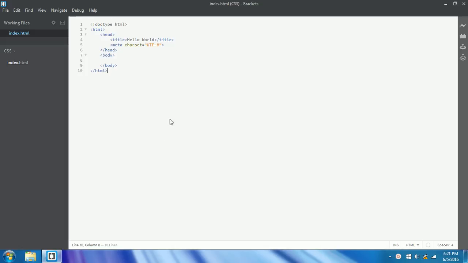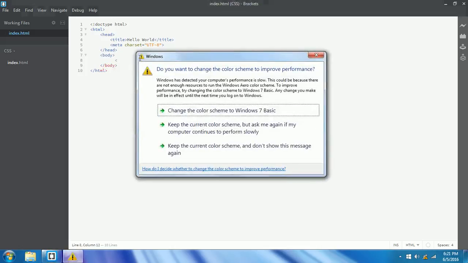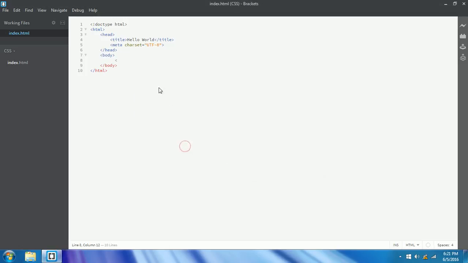So what is CSS? The expansion of CSS is Cascading Style Sheets, which will help us to apply some custom styling to our HTML elements. There are three ways by which we can apply CSS to any HTML element. So for example, let's have an h1 element, and then let's say